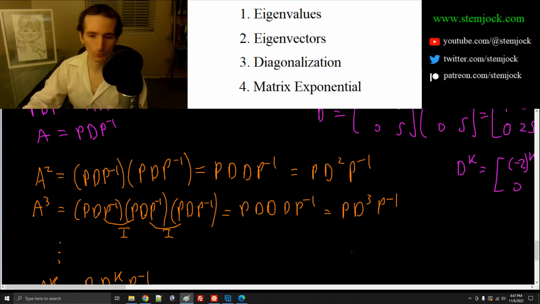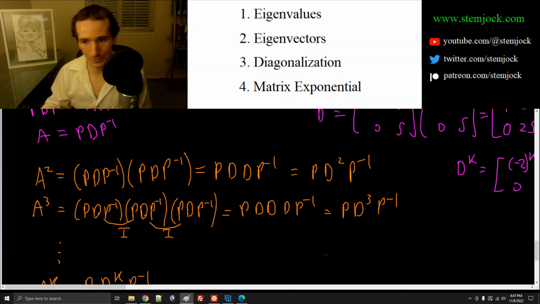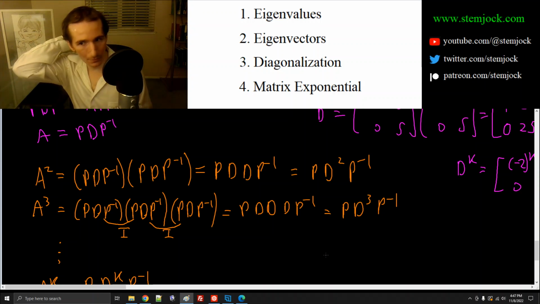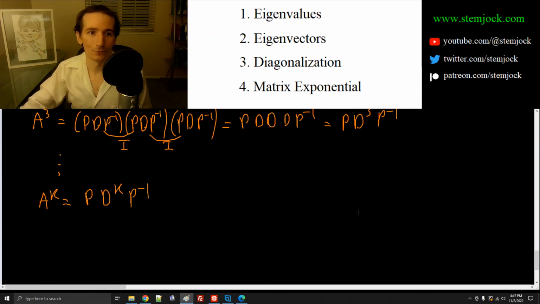So yeah, that's one of the cool things you can do if you have diagonalized a matrix, is you can find out what the kth power is of the matrix A. Now, why would you care about the power of a matrix A? Well,